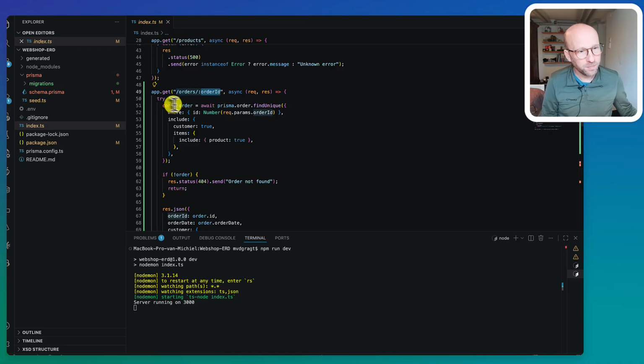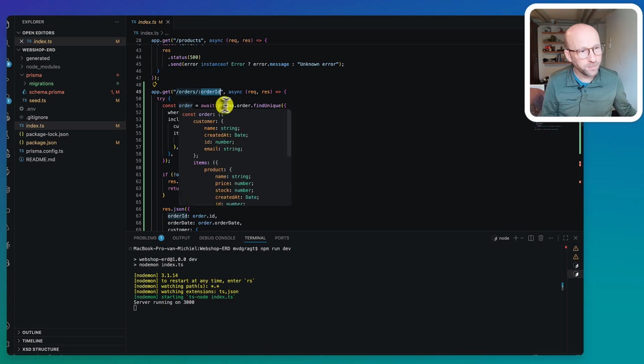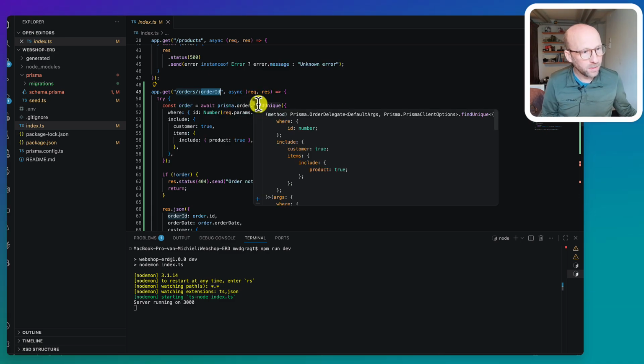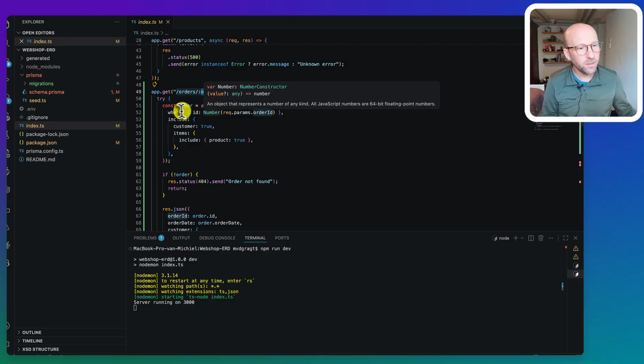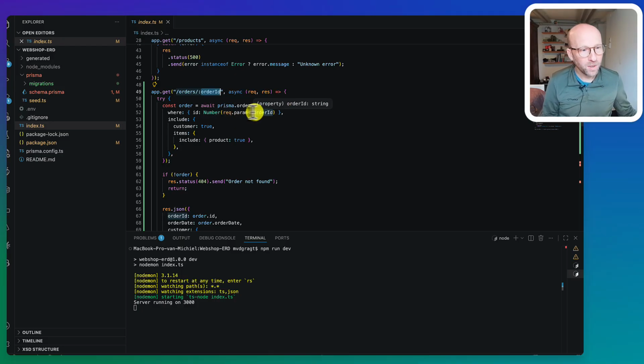Then what happens is I create a variable here called order, and what I said here is I want to find the unique, and then what I do here is where, and I take in the order ID here from the request.params, right at the top, and then I want to include here, so I'm going to join the tables here,